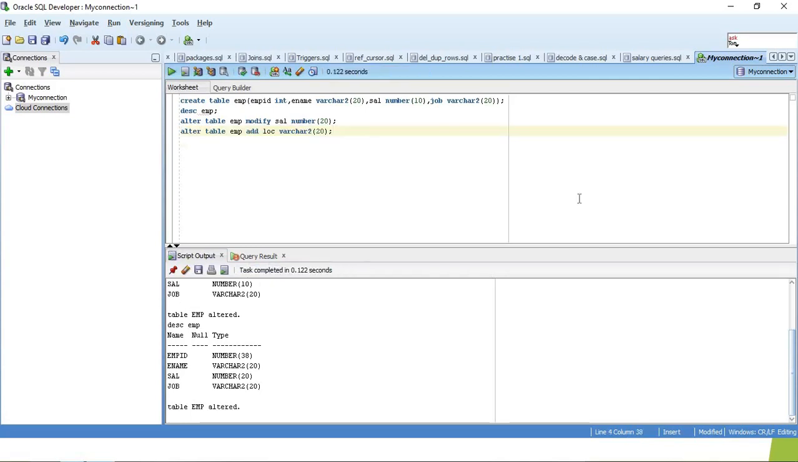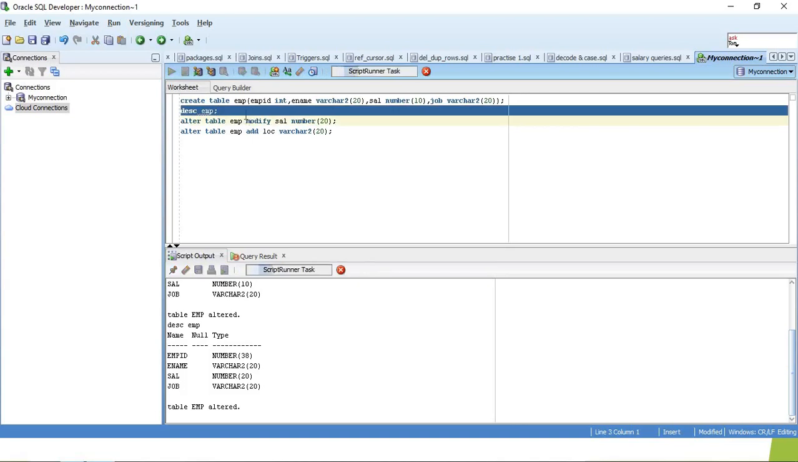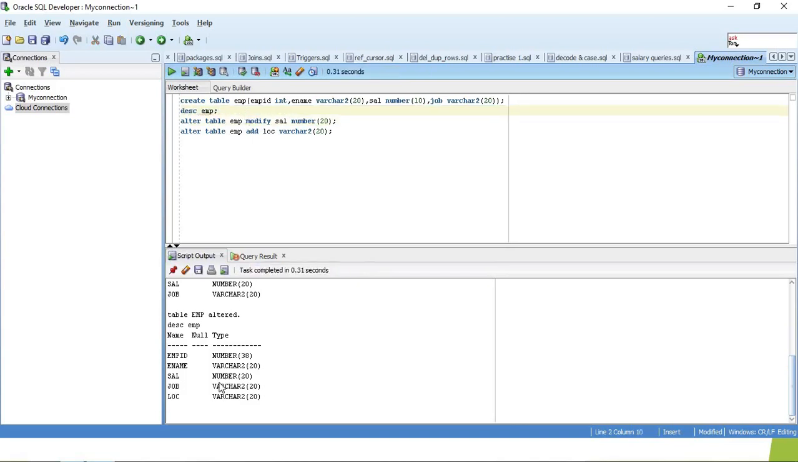See here the table employee was altered. Again you can check if the location column was added to the employee table or not. Control enter. See here the location column was added to this employee table with varchar2 as data type and size as 20. Next, coming to the